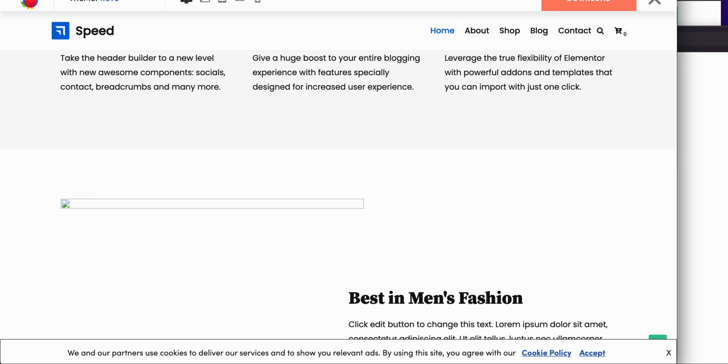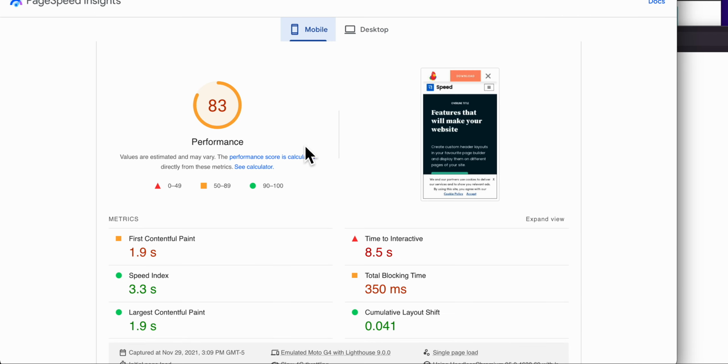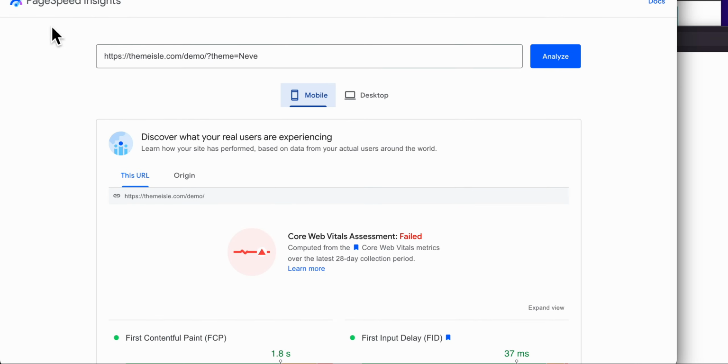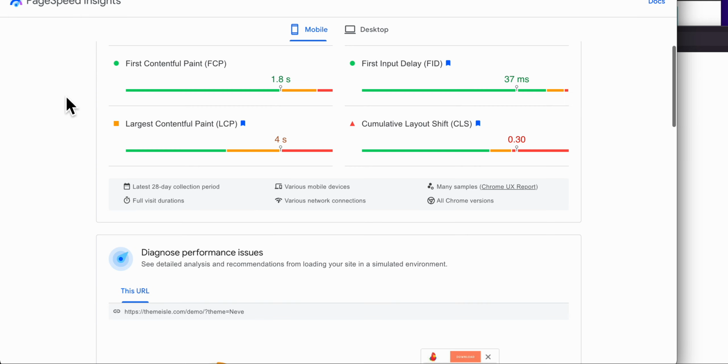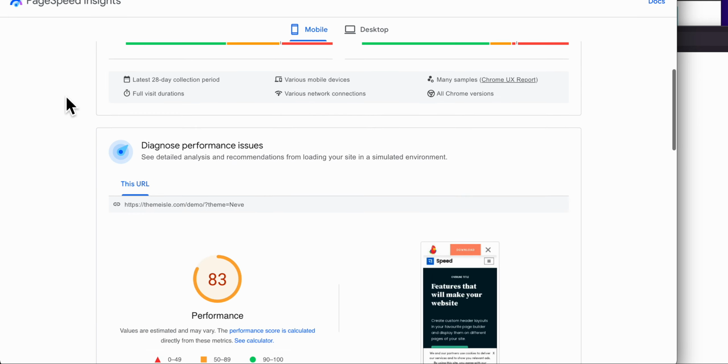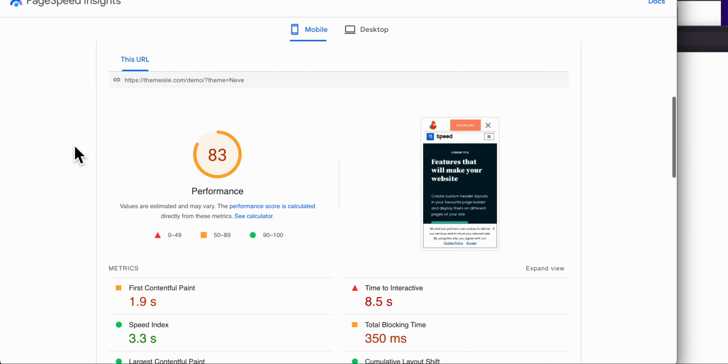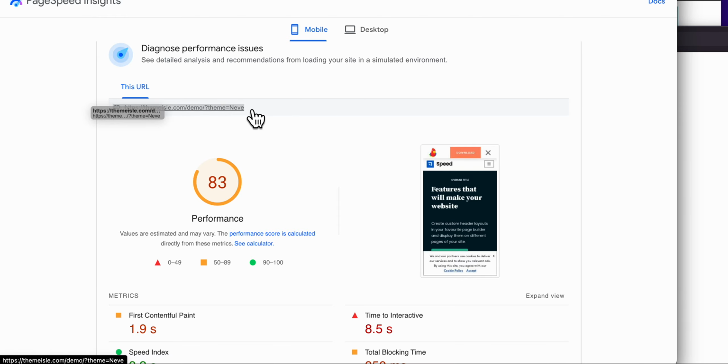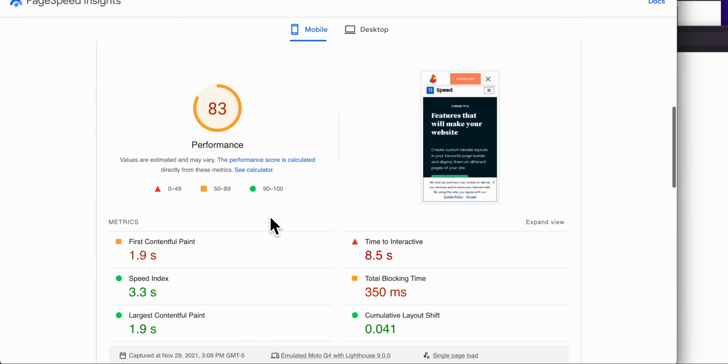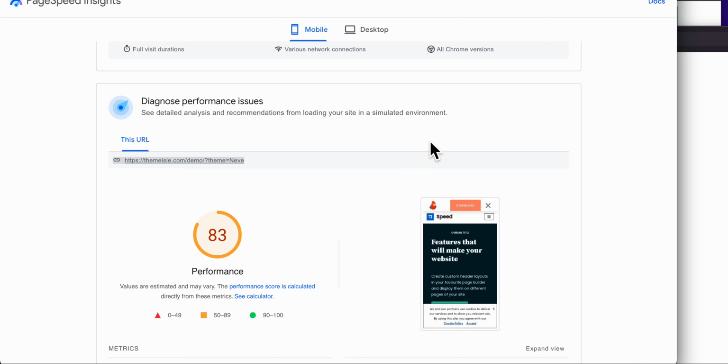Finding the right theme really boils down to just going to PageSpeed Insights. If the theme is really slow and they're claiming that their speed is great, you have to question it. Maybe their demo site's hosting provider is really cheap, or their theme is not working properly. So use their theme in PageSpeed Insights and see how fast it really is.